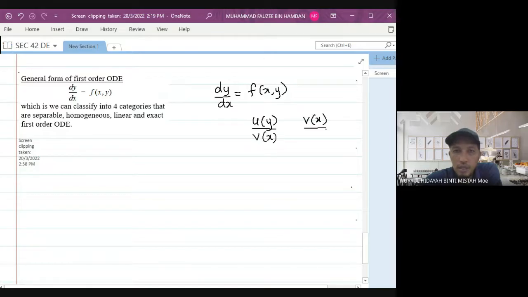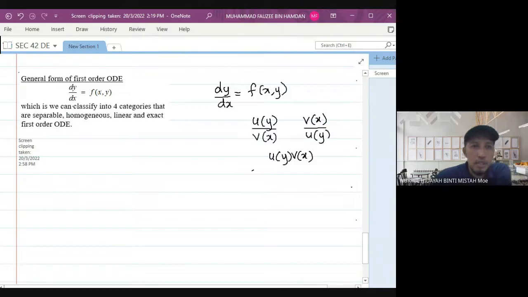or maybe like this: v(x) over u(y). Maybe sometimes like this, or maybe like this: u(y) multiplied with v(x). Okay, so if your f(x,y) is in one of these three forms, maybe after this we will look at the first one. Okay, so the general form of the first order ODE, dy over dx equal to f(x,y),